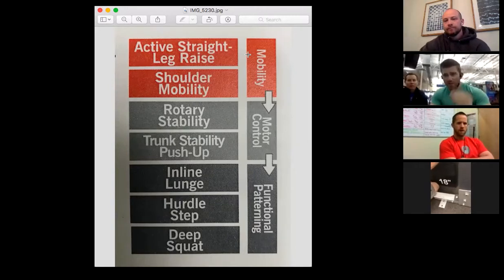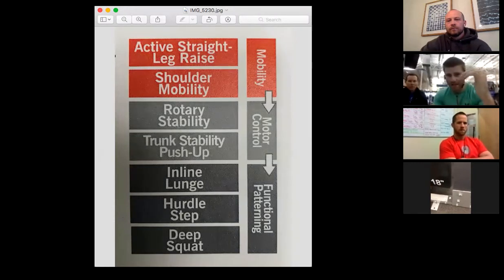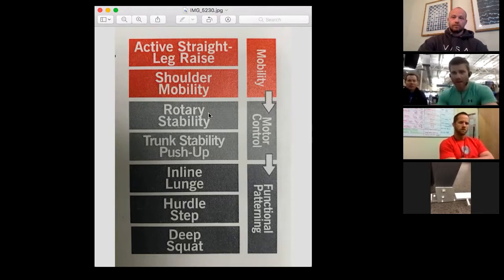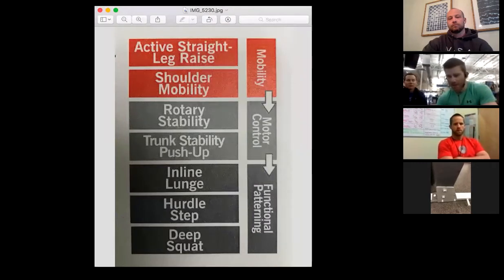Perfect. Yeah, so we'll start with this sheet right here. I love how this really breaks down the FMS from the mobility exercises to the motor control, and then moving into whole body functional patterning. So trunk stability is part of that motor control group, okay? Essentially, can you take the mobility of these other two tests and then put them into something where you can stabilize through movement? So I'm going to just give you guys a couple excerpts that I think are really important